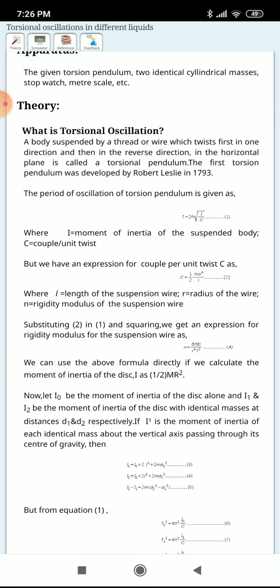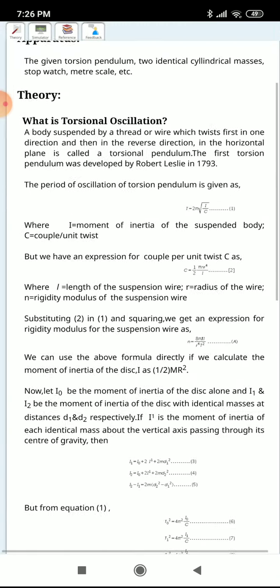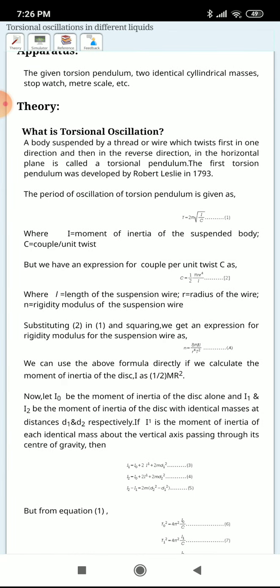But we know that the expression for the couple per unit twist is C equals pi eta r to the power 4 by 2L, where eta is the rigidity modulus of the suspension wire, r is the radius of the suspension wire, and L is the length of the suspension wire.